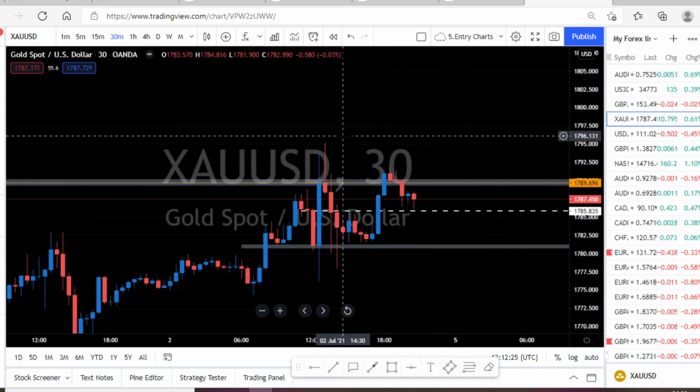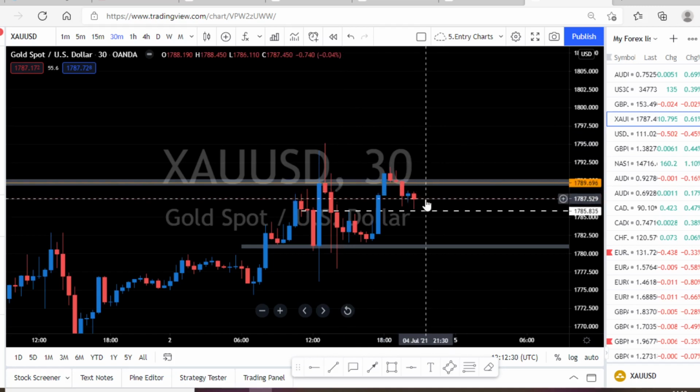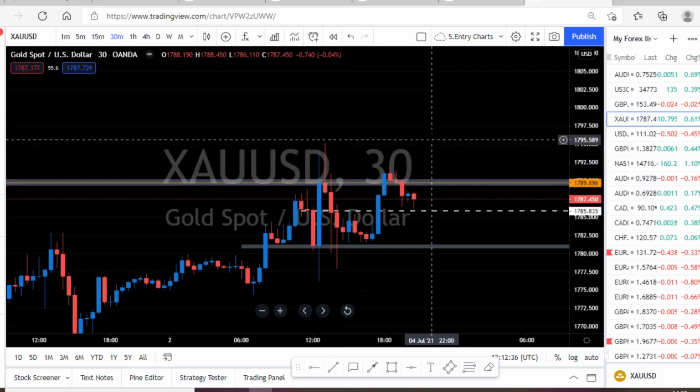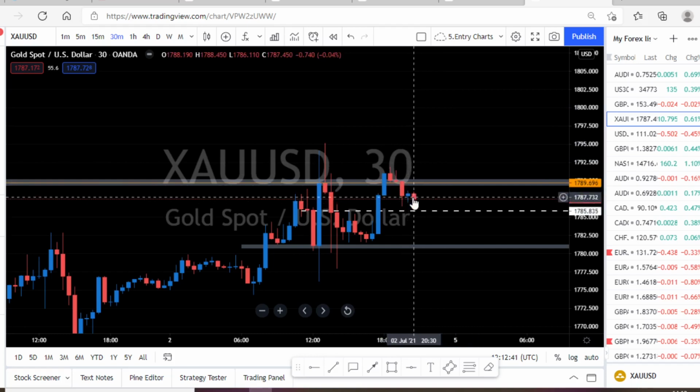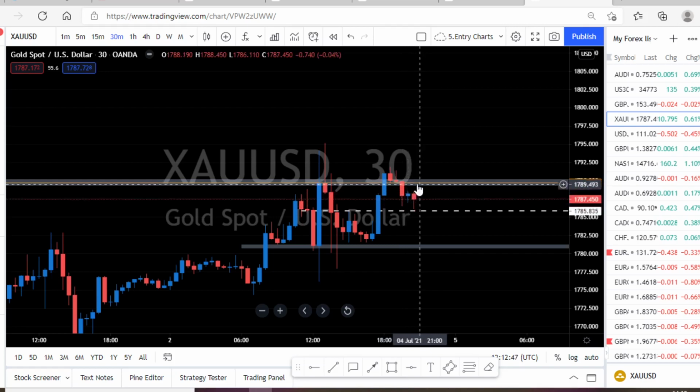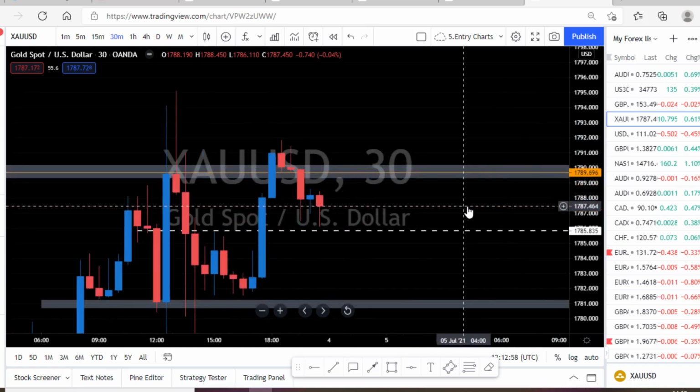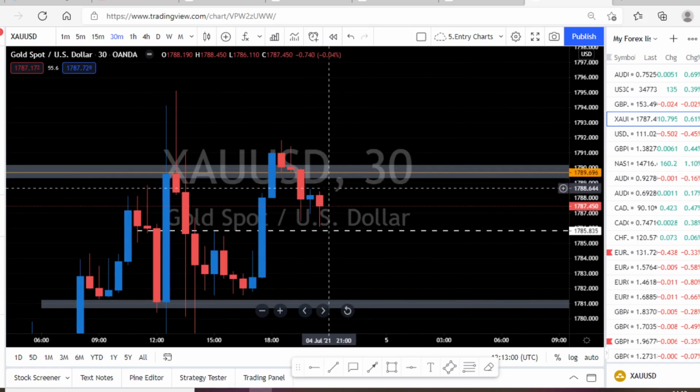I know, but I cannot take a premature entry here, because the new candle can break above and close and go in its direction. If we were two hours into the market after the market opened and saw something like this, I would wait for price to break above and take my entry. But this is a new week. We have new prices. If I have my buy stop somewhere around here,